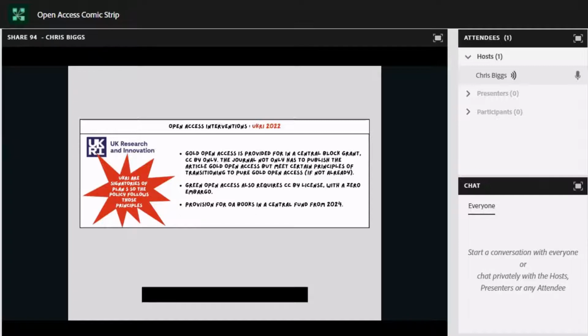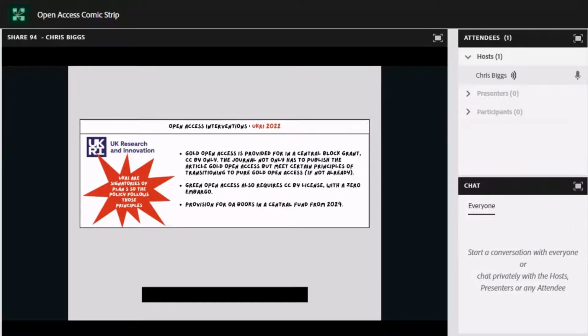So where are we now? Gold open access. Publishers and universities have negotiated transitional deals where researchers can read new and legacy subscribed content, and they can also publish in these titles as an affiliated corresponding author. So they can publish in these titles without paying the article processing charge themselves. These transitional deals vary from publisher to publisher and may be capped by the number of articles published, the type of journal article, the type of journal, whether it's society-owned or a pure open access journal. They may not be covered in the agreement.